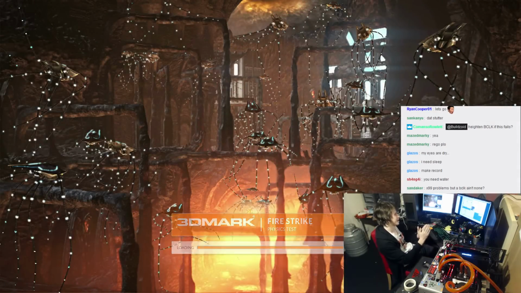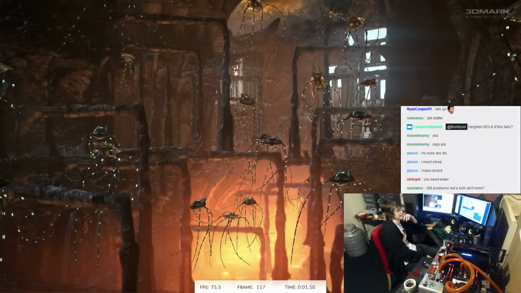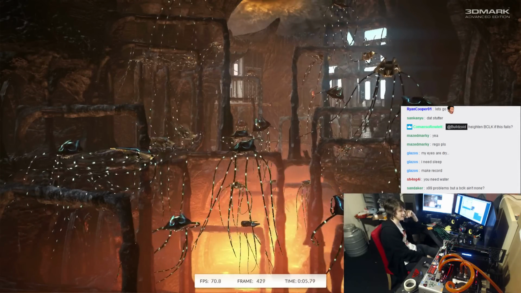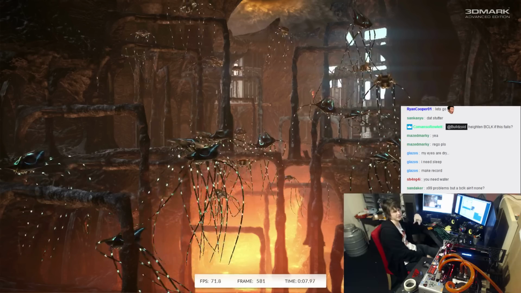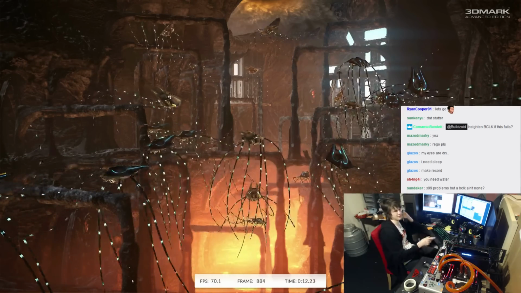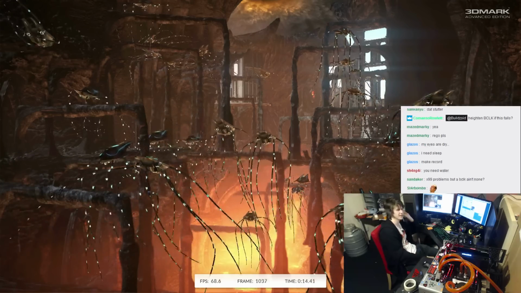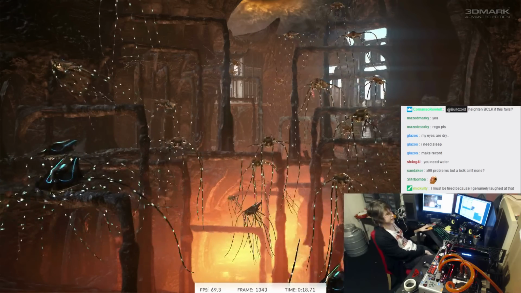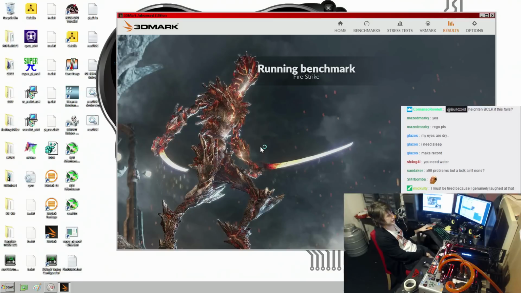You know, if the combined test wasn't as heavy as it is, I'd consider increasing the core clock of the CPU on the loading screen from physics to combined. But physics is like 64 degrees on the CPU. And then combined is,